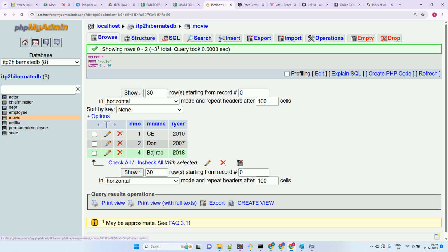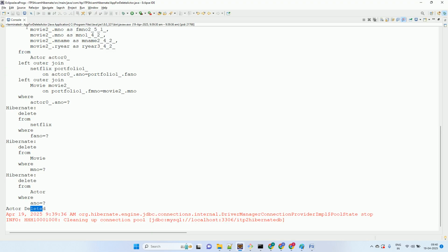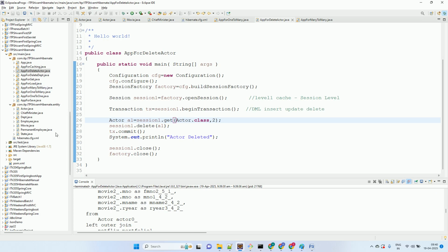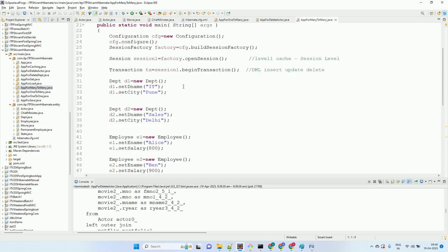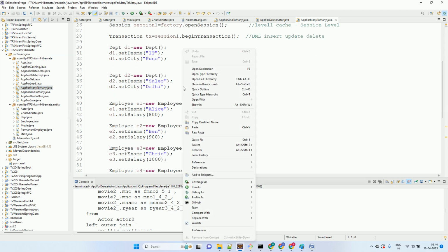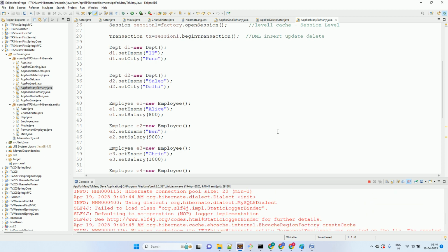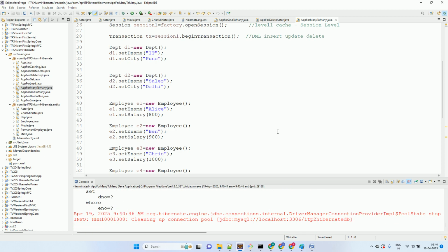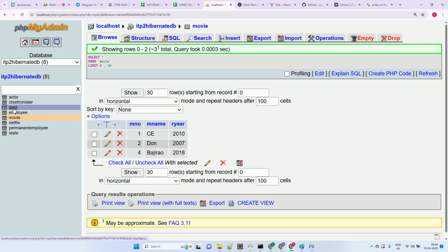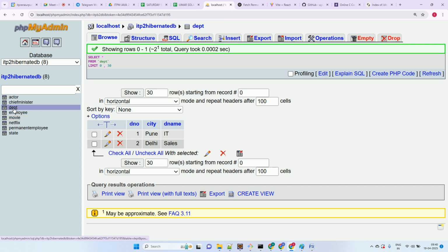Okay, now I wanted to show you all fetch type eager and fetch type lazy. So fetch type eager और fetch type lazy का I wanted to show an example. उसके लिए मुझे ये इंसर्ट करने दो, ठीक है, वापस रिकॉर्ड सारे डिलीट हो गए ना। तो डिपार्टमेंट और एम्प्लॉय के अंदर, ठीक है, डिपार्टमेंट में डिपार्टमेंट आ गए 1 और 2, और एम्प्लॉय में एम्प्लॉय आ गए।